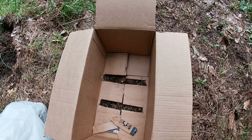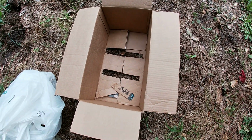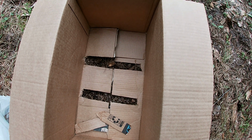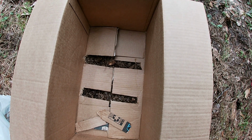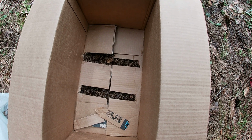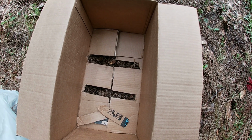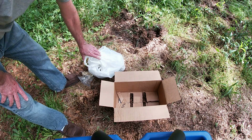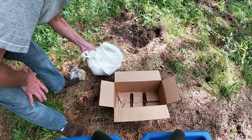So we just tore them out, and now we got the 2 slits in the bottom. You can make more if you want, but this will work just fine. Now what are we going to do? Let me show you. Now what we're going to do is we got a bag